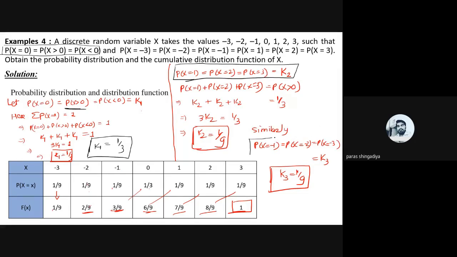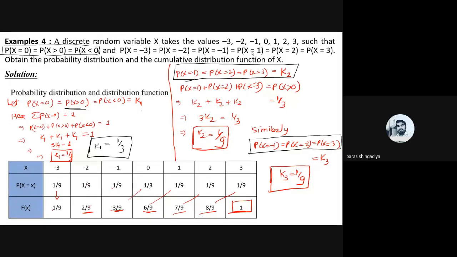Okay, the addition of all these is one, that is equal to the probability for x less than 0. And what is the answer for x less than 0? That is also 1/3. So k/3 plus k/3 plus k/3 will get 1/3, and then after finding the value of k, you will get 1/9. So the answer for each positive value and each negative value are equal, because that is given in the condition, and that is the answer for all the values except 0.